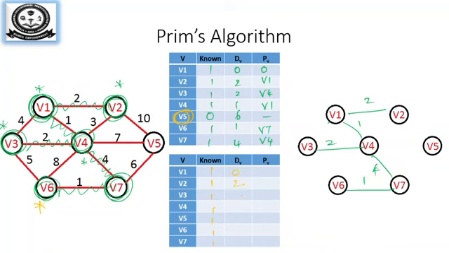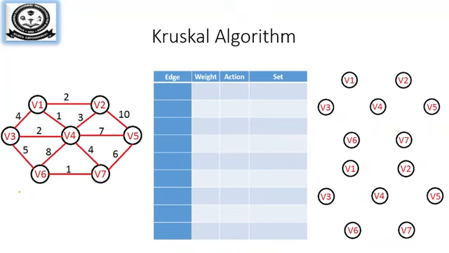So this will be 0 2 2 1 6 1 4 and this will be 0 V1 V4 V1 dash V7 V4. So the final vertex is connected over here with the distance of 6. So this is the minimum spanning tree obtained for the given undirected graph using Prim's algorithm. Next we will see the Kruskal algorithm.